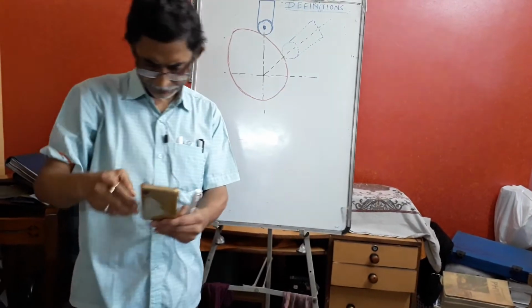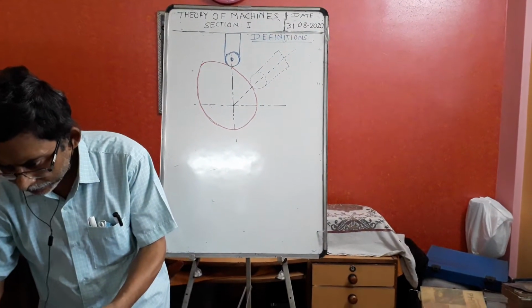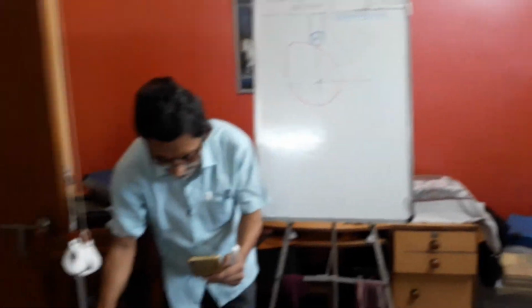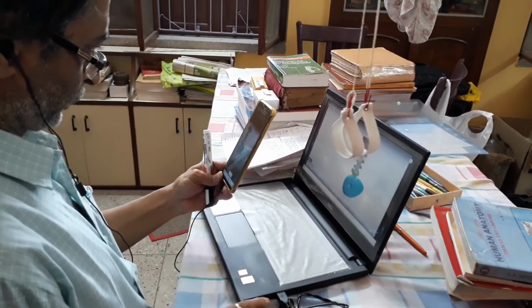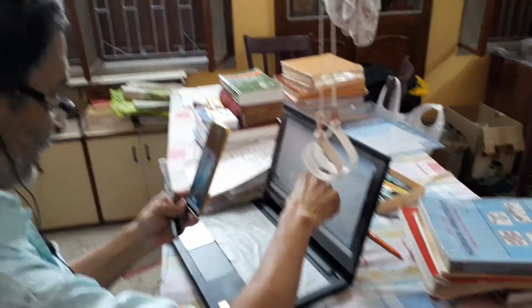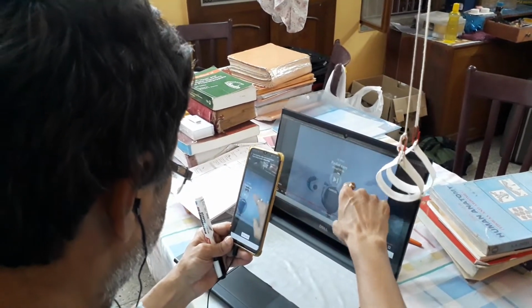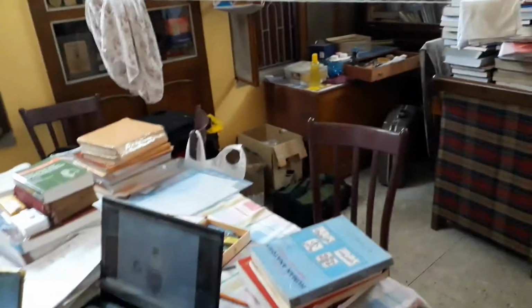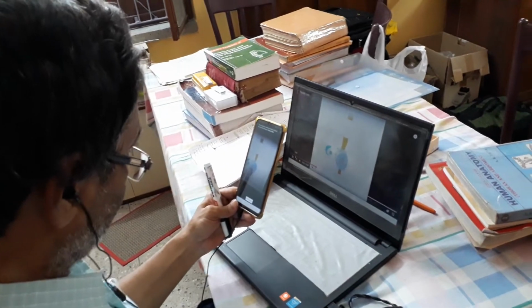So this is the motion of the cam. If you see, this is the cam and this is the follower, and there are some spring systems, and this is the guide. This is the guide, this is the spring again, and you see, these are other types of cams.